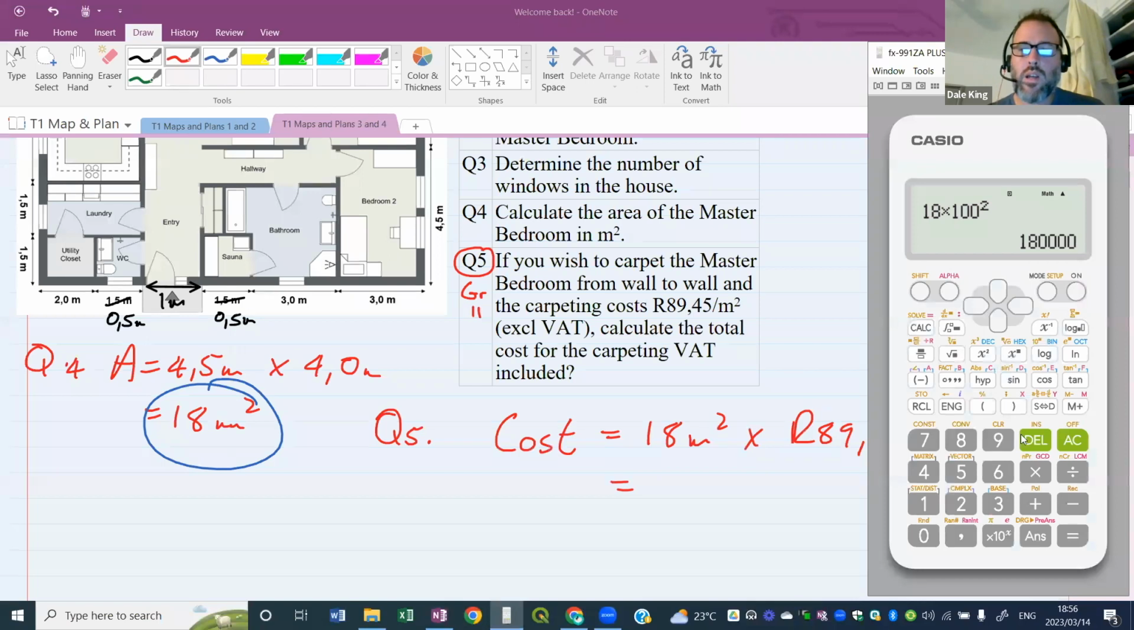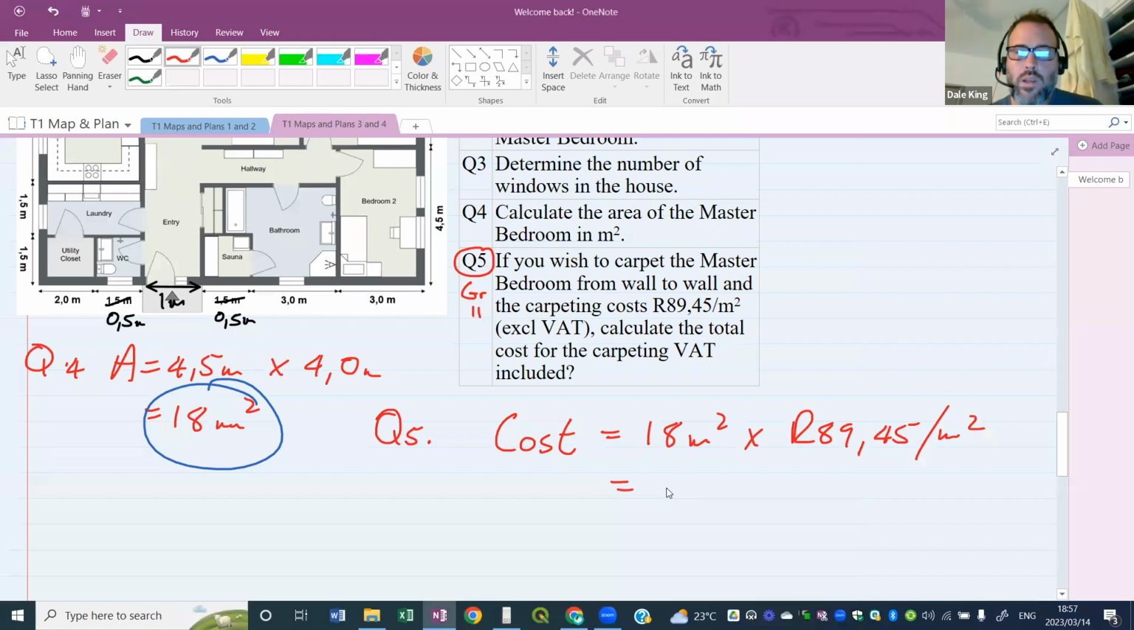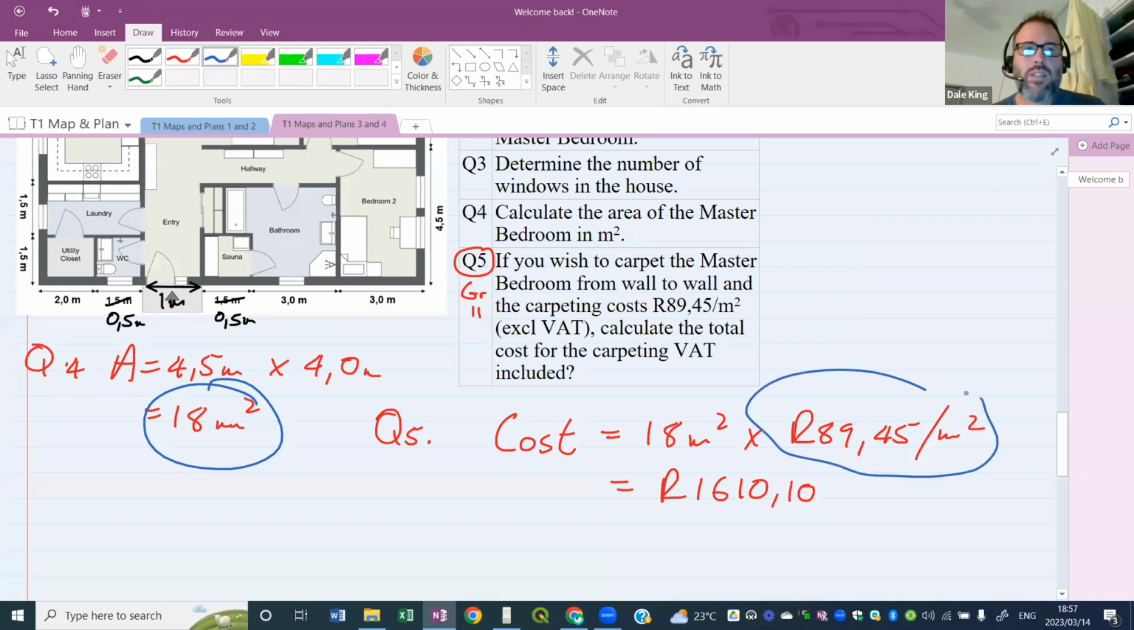Let's get that out. So that's going to be 18 times 89.45, and that's going to give us 1610.1, so 1,610 Rand and 10 cents. Okay, this is a VAT excluding price, because this 89 Rand 45 is a VAT excluding price for the carpet. We want to know what the total is including VAT. So we need to take this further and say that the cost will be,